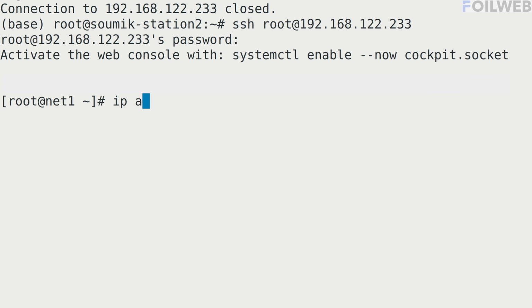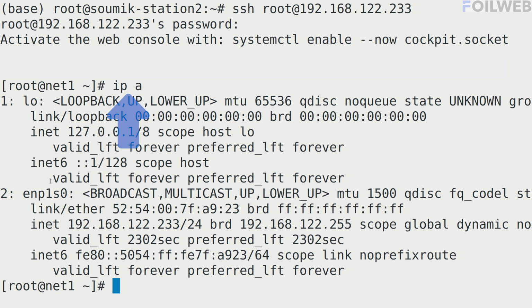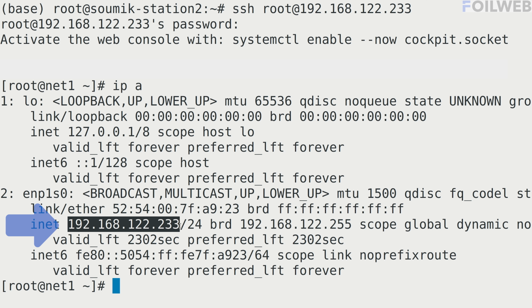Let's check the current IP addresses on the system using the command ip a. The first one is my loopback device. I am interested in the second one here, enp1s0. The current IP address 192.168.122.233 is provided by the DHCP server I have on my hypervisor, so let me change it to a static